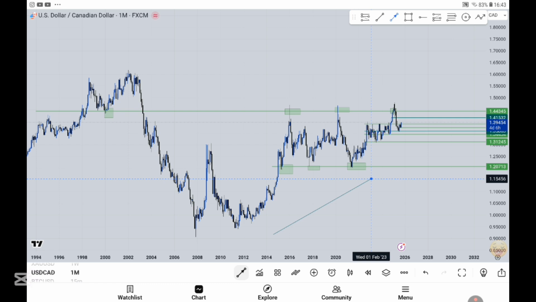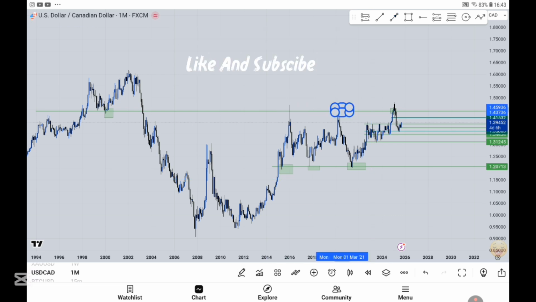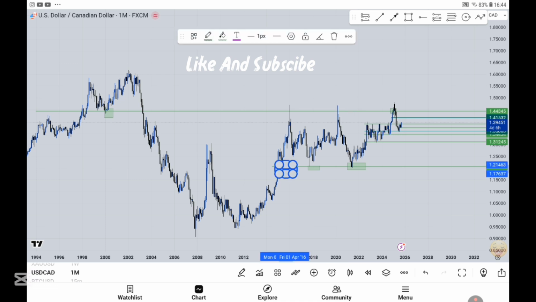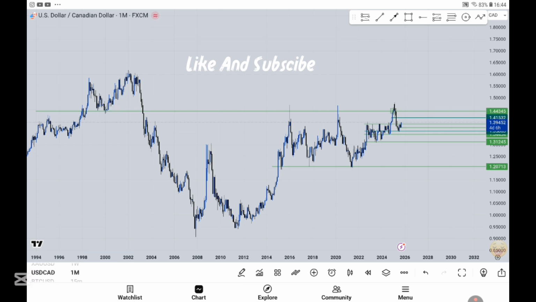So right now, I'm going to be moving to the weekly time frame to see the current move of the market from the weekly perspective. The weekly is going to show us the current move of the market. Let me remove these things first. So when you go to the weekly,